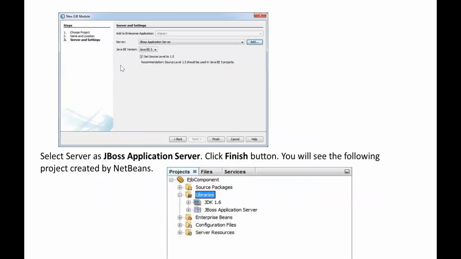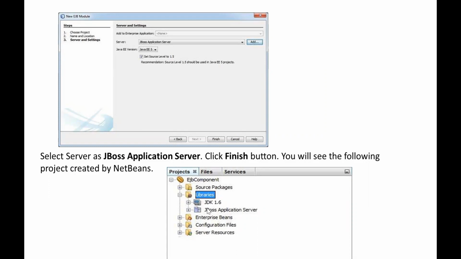You can see which server we have to use, that is the JBoss application server. You can just add it, select the server as JBoss application server and click the finish button. We can see that the project is created by NetBeans, that is the EJB component under the source project.